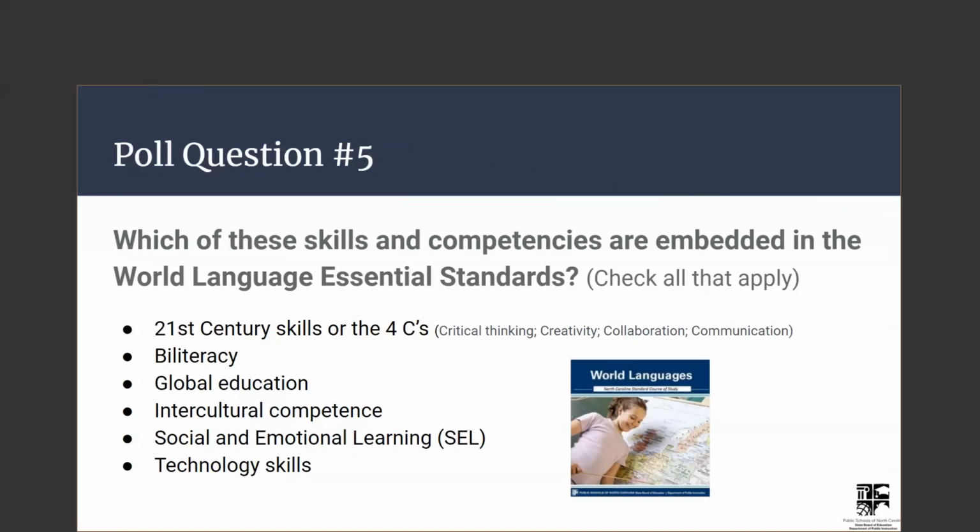And the good news is, no matter what you checked here, you are correct. All 6 of these things listed are actually embedded in our World Language Essential Standards currently. We obviously have 21st century skills, or the 4 C's. One of those is communication, and that takes up our first 3 standards, of course, and different modes of communication